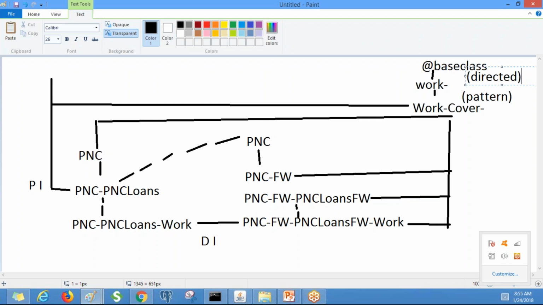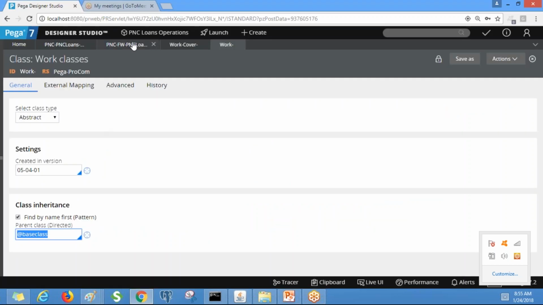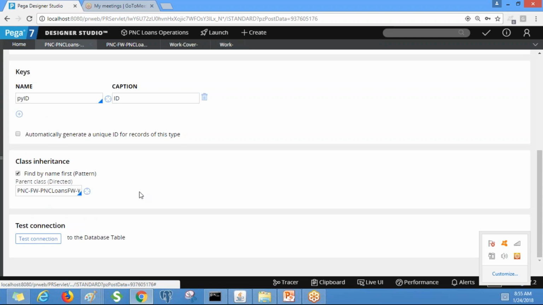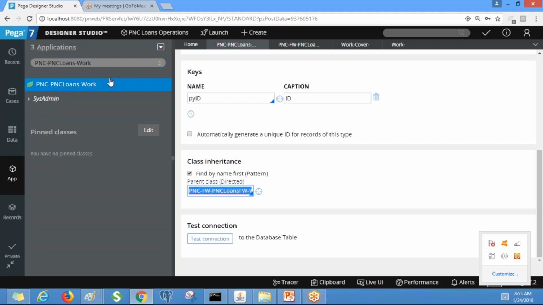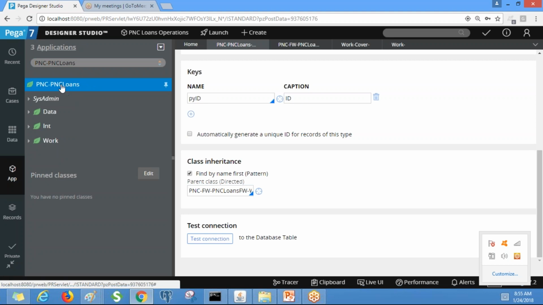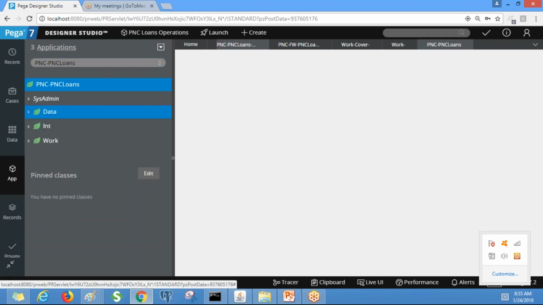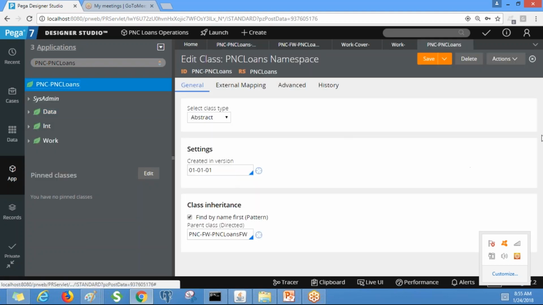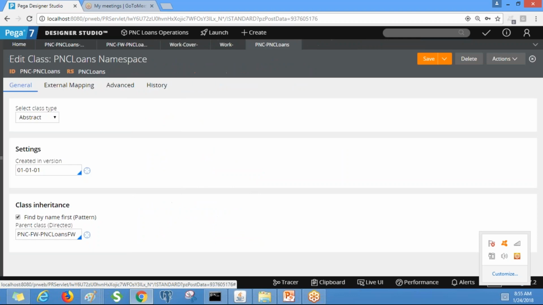Okay, so I will show you here. Our work class is inherited from framework class. And if you see PNC loans, which is the abstract class, it is also inherited from worked as covered as.